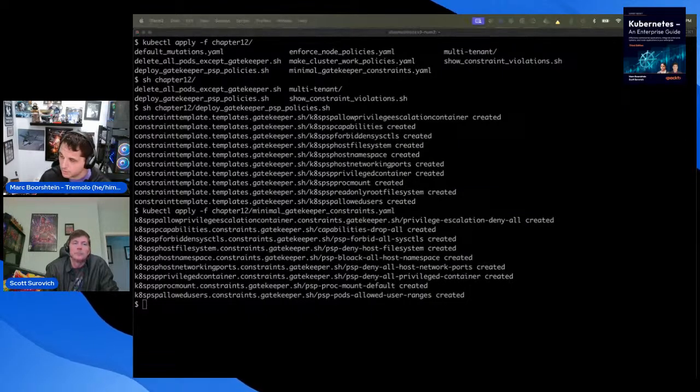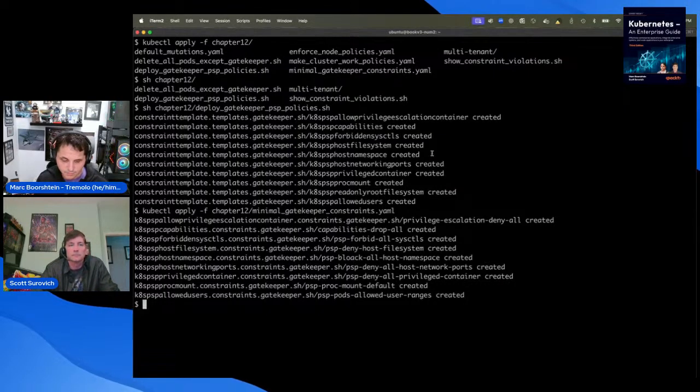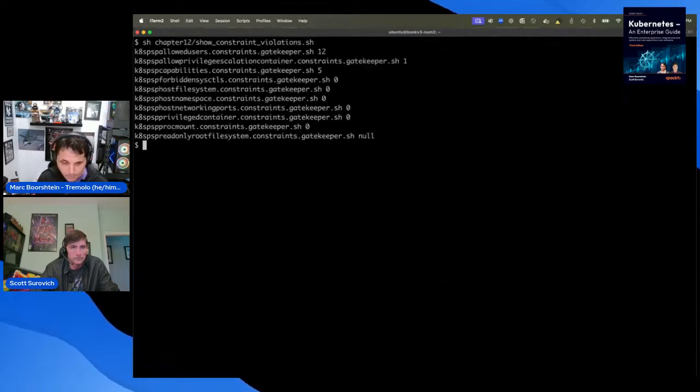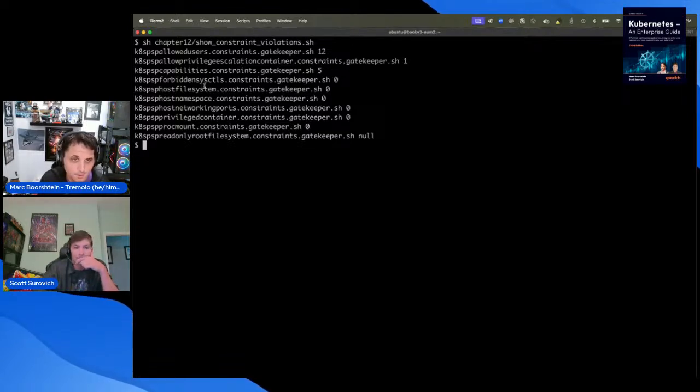So I created a script in here to make it a little bit easier. Let's see if we've given it enough time. So, yep, you can see here, I'm going to rerun it. So we've got a bunch of constraints being violated. The allowed users, somebody is running an escalated privilege. We're probably going to look at that one first. Different capabilities. Now, the example in the book is going to be a little bit off, because when I wrote this script, there were just different defaults on some of these containers.